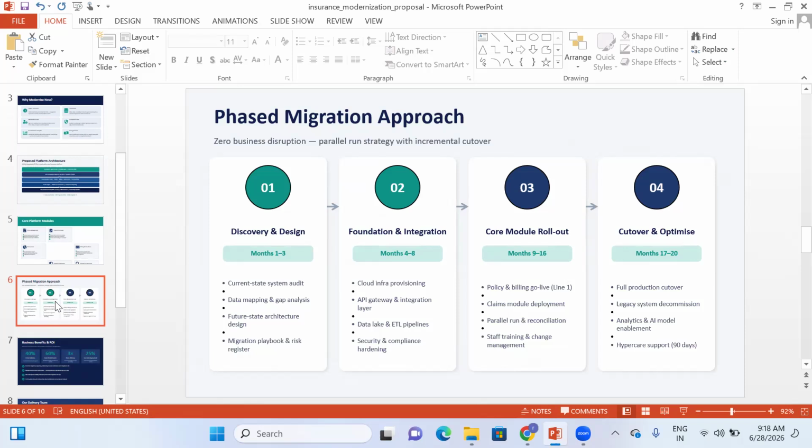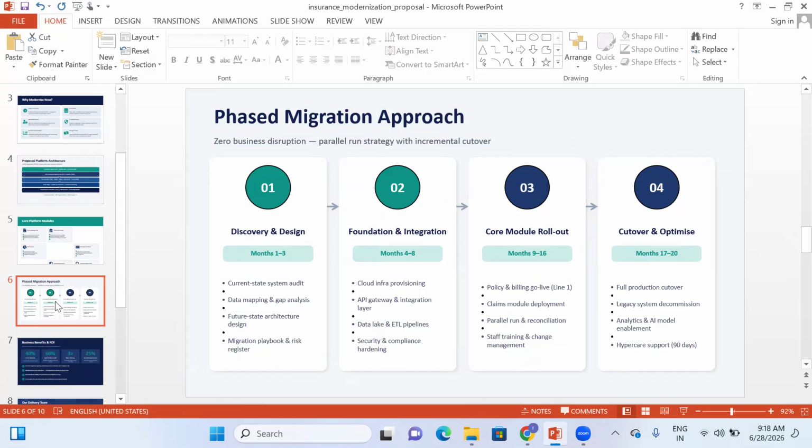Right? Discovery and design is the first phase we do, wherein these are the approximate timelines I have given, somewhere around 1 to 3 months. It can be much earlier or later also. These are all approximate and may not be exactly the same. This varies depending on the project, from project to project.